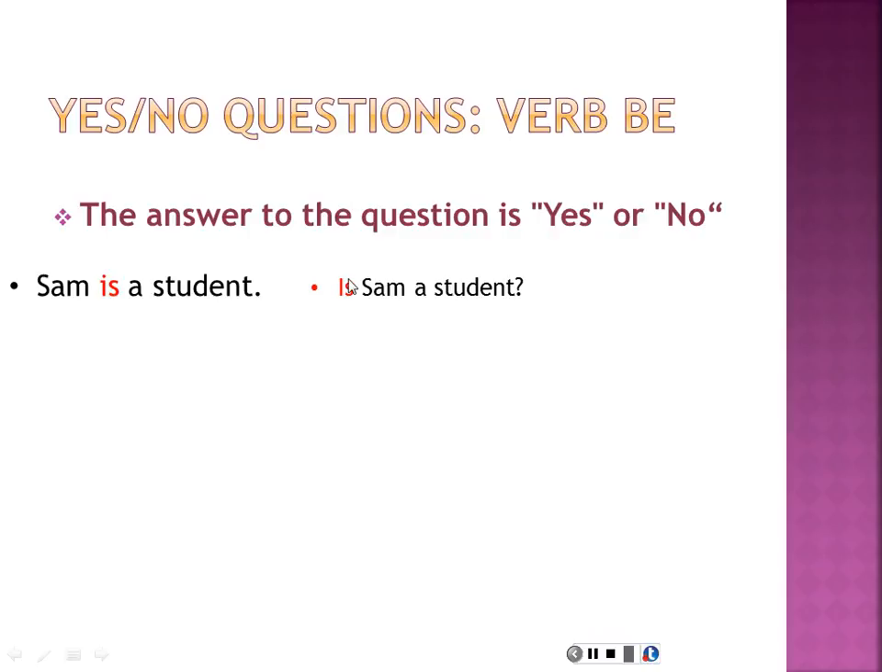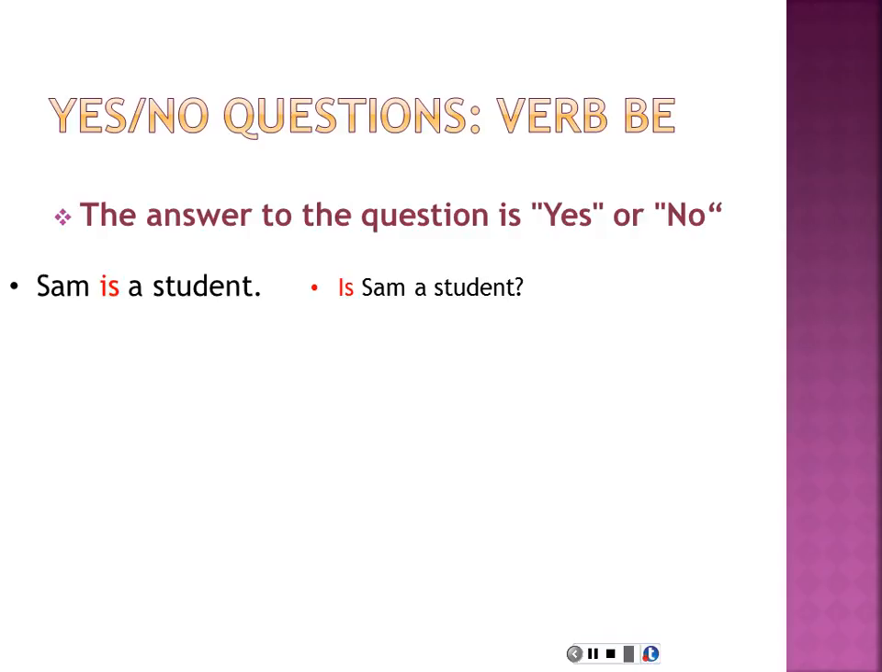So we moved is from its place and it becomes the first word. Is Sam a student? هل سام طالب؟ As you can see, at the end we have a question mark. You should end the question with a question mark. يجب إنهاء السؤال بعلامة استفهام. So how do we answer such a kind of question? كيف نقوم بالإجابة عن مثل هذه الأنواع من الأسئلة؟